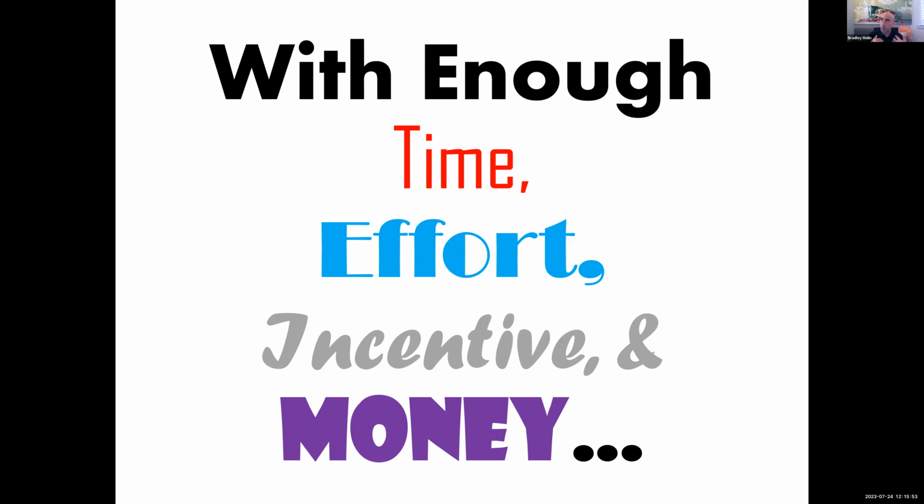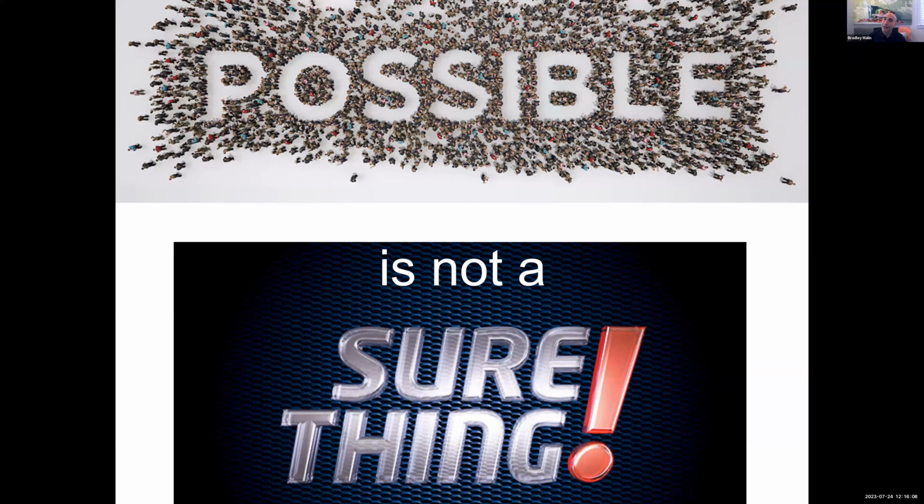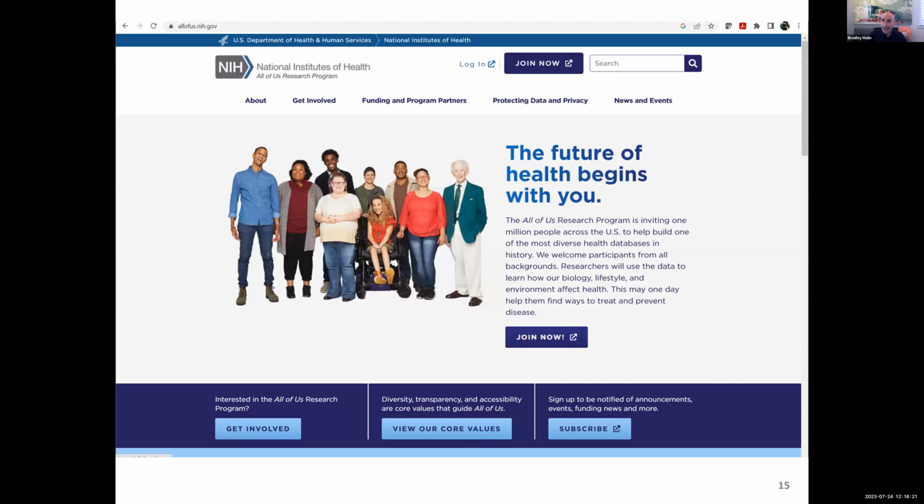And I'd say, well, with enough time, enough effort, and enough incentive, and if you give somebody enough money to do it, possibly as part of the incentive, you're going to see these types of attacks perpetrated. So if we think that it's an incentive structure, then what we know is that these things have possibilities. They can happen, but it's not necessarily a sure thing. It's not guaranteed to happen. And so this is where we were coming from when we started to build the All of Us research program.